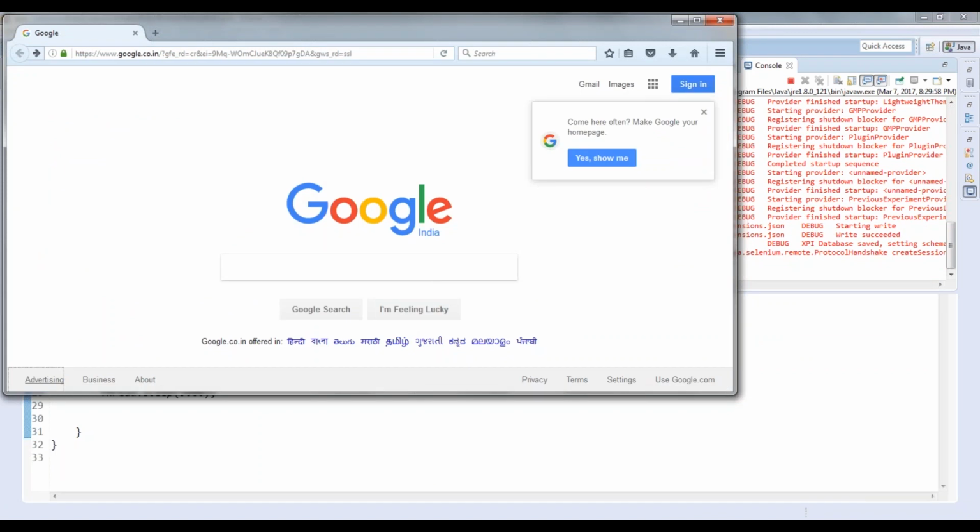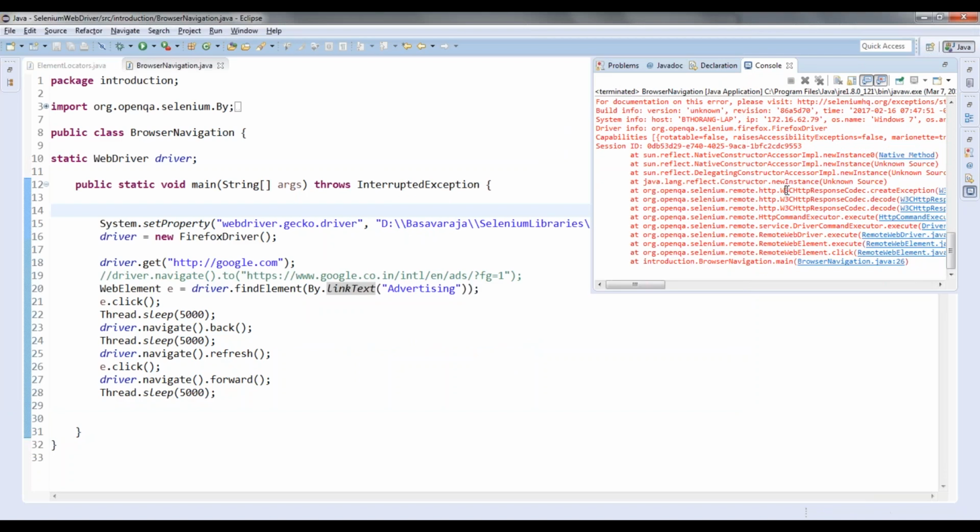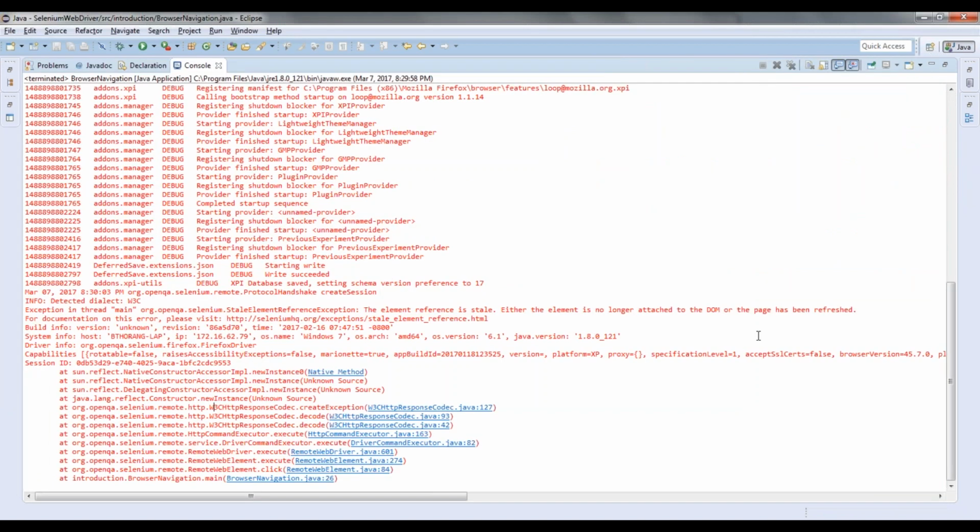Once again it refreshes, right, and you are trying to click on that. Okay, you can see here you have found some exception, I feel. Right, the element reference is stale.